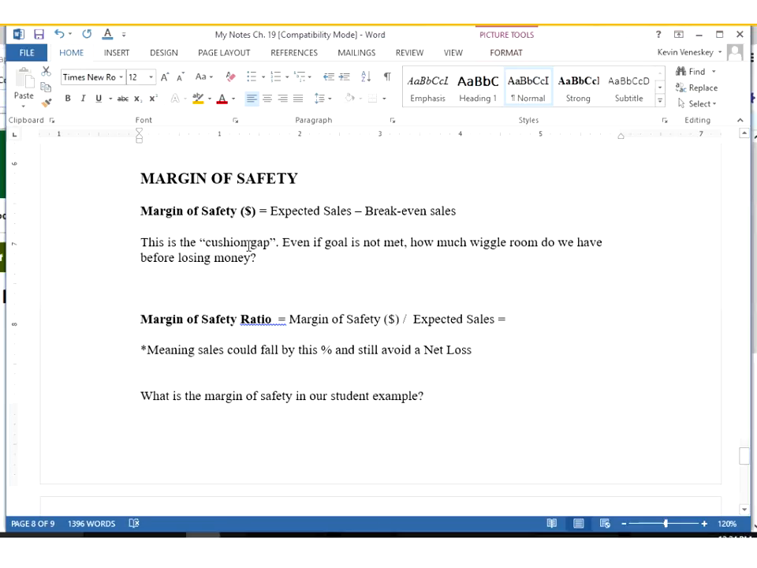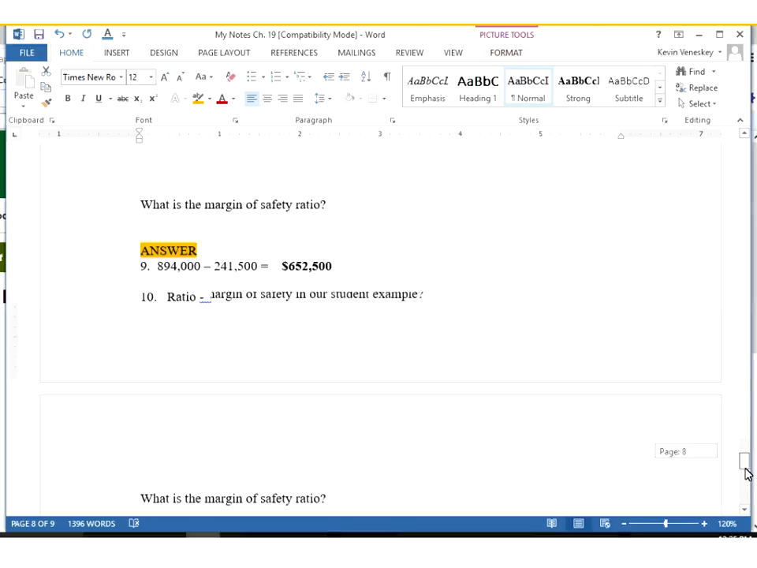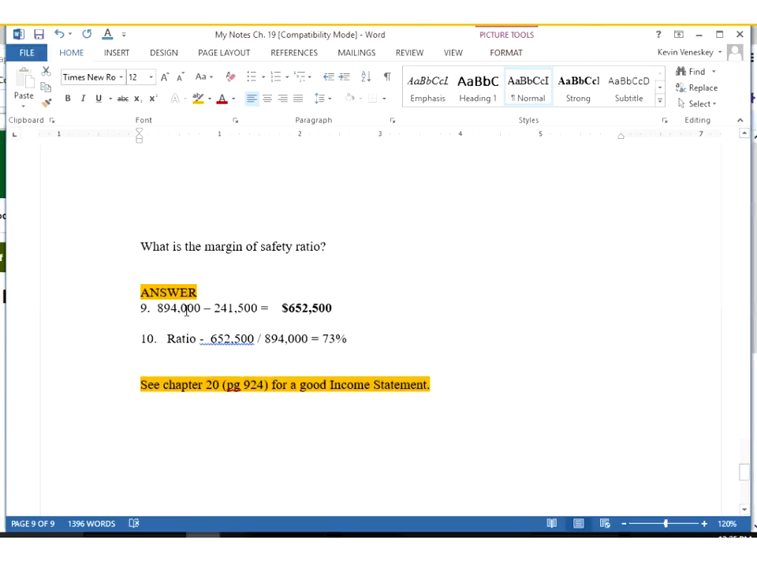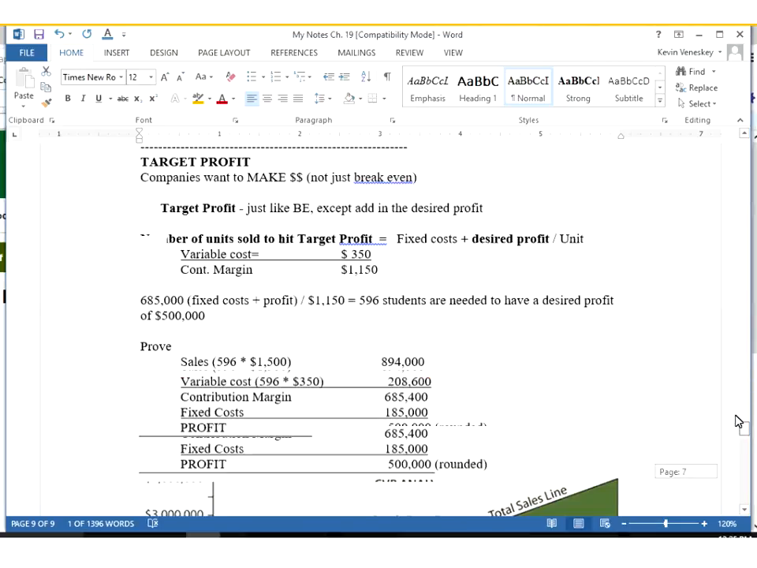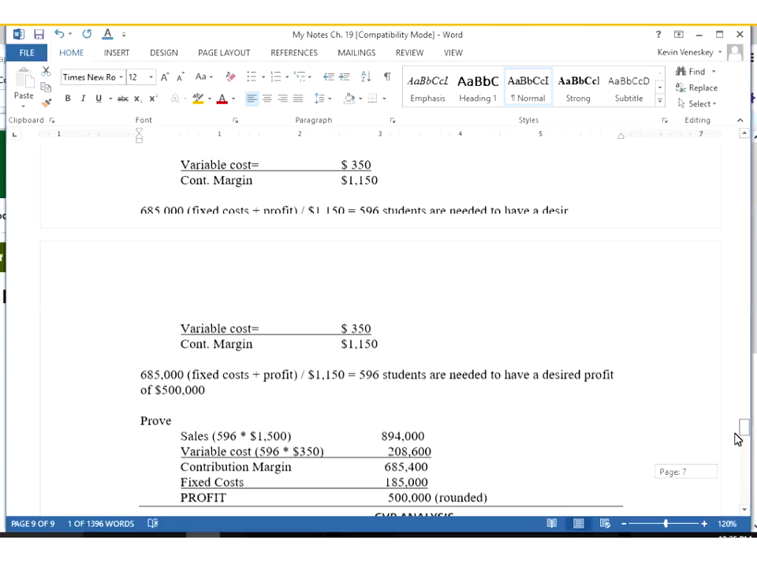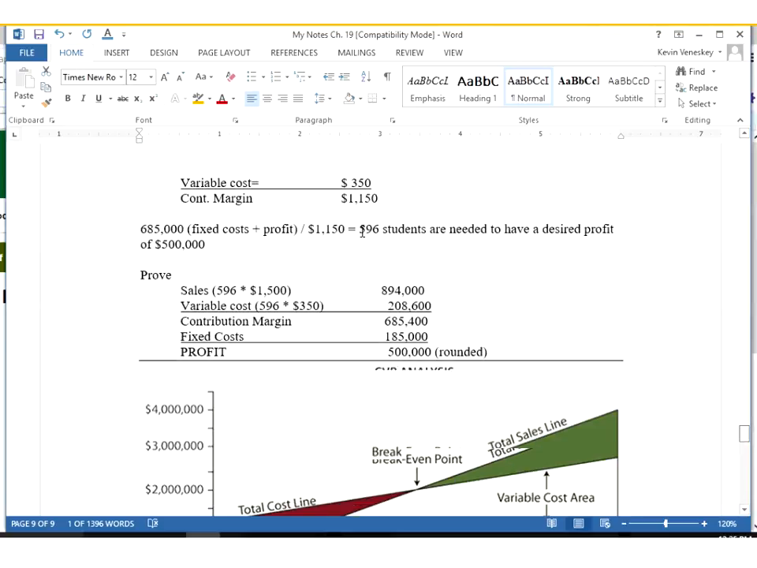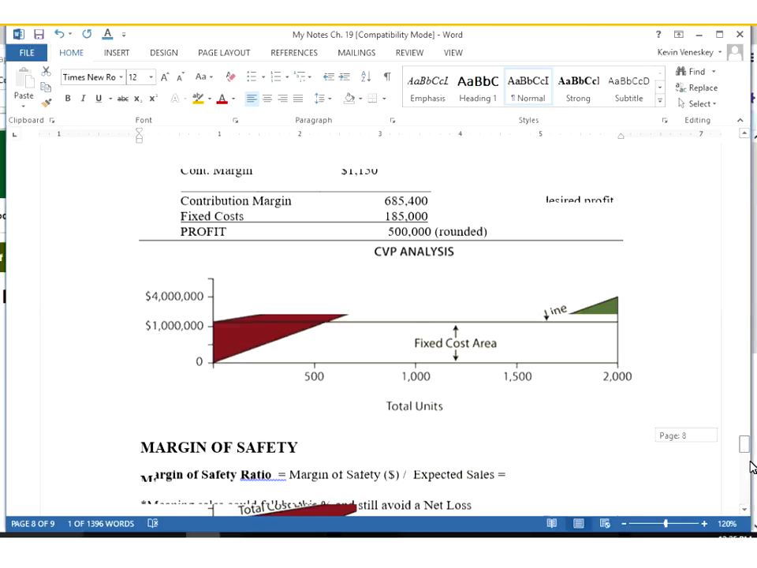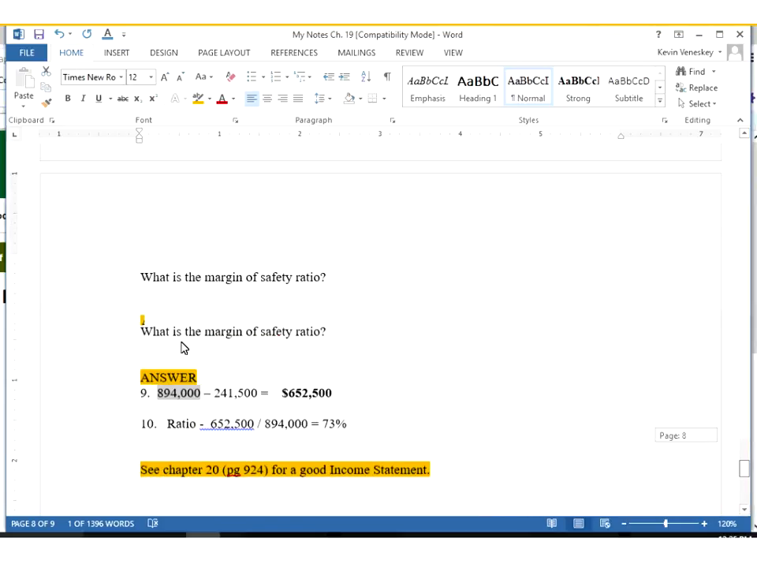Okay, the last thing is margin of safety. Margin of safety basically says, how much of a cushion gap do I have from where I'm at right now to the absolute bottom I want to be, my break even? How much in sales dollars do I have to fluctuate? If I was doing my previous example, where I'm at with 500,000, it was 596 students. If I had 596 students,